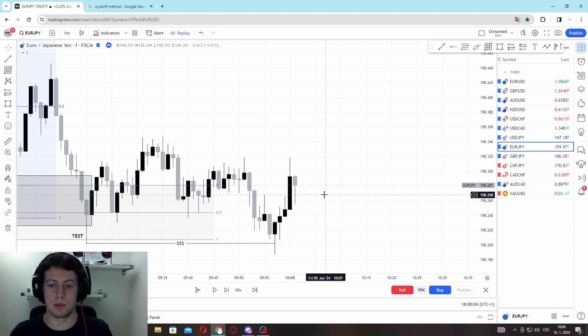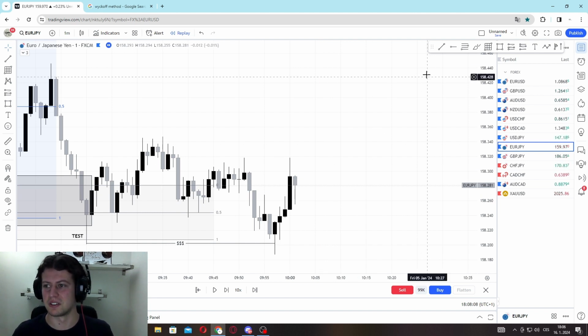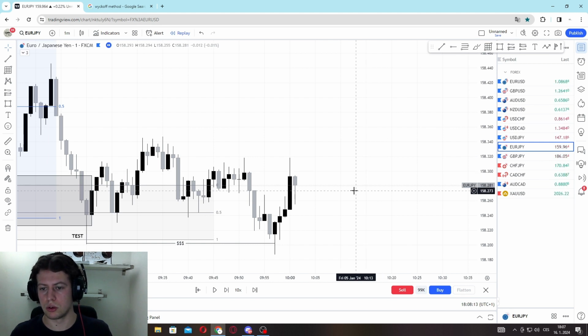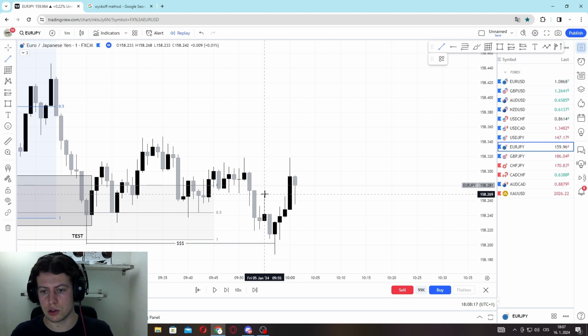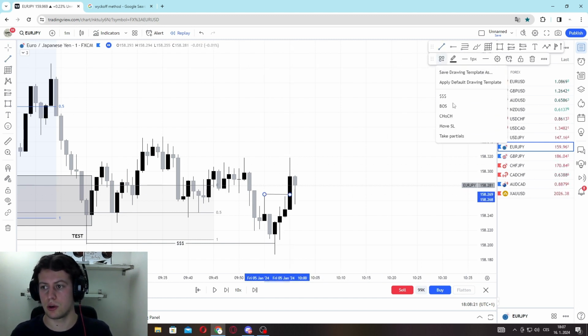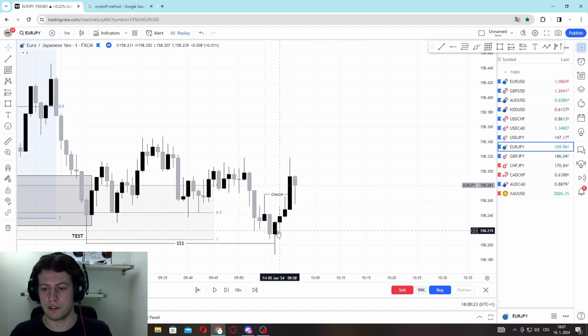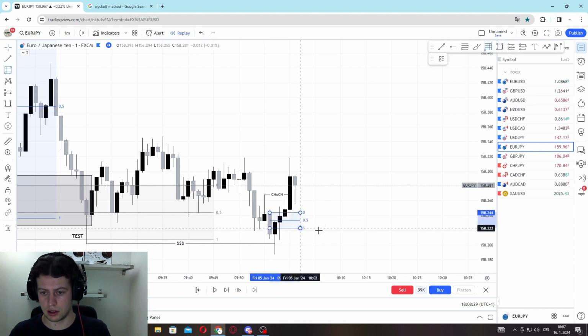So also be prepared because it happens quite a lot of times. But I just want to show you the chalk. This is also a 1 minute pullback, so this would also be a change of character for me. So if it would be engulfed, I would trade it and I would set